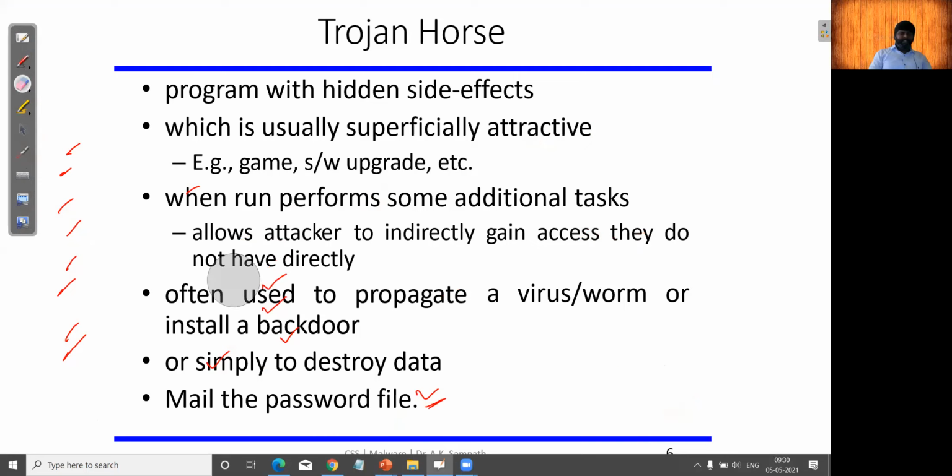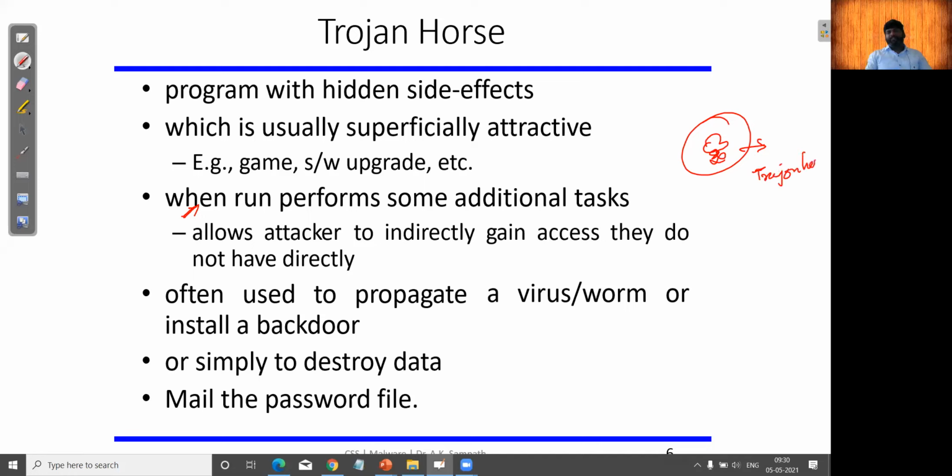So I'll proceed with the actual slides which I started in the beginning, right? Once this is launched, you will get an image, but this is not the actual image. Behind the image there are some Trojans coded or embedded, right? If you just click on it, from that moment, that will indirectly allow the attackers to gain access. From that moment they will enter your PC and they will do whatever they want.